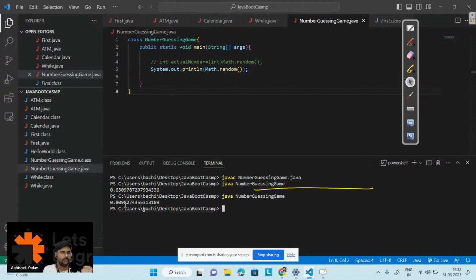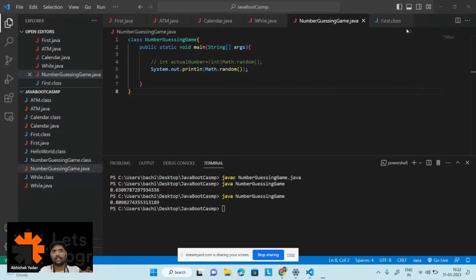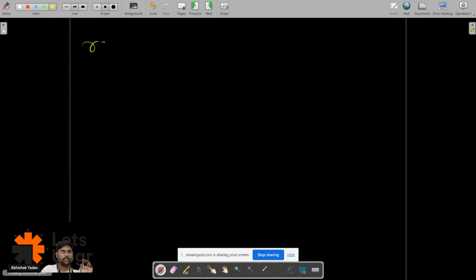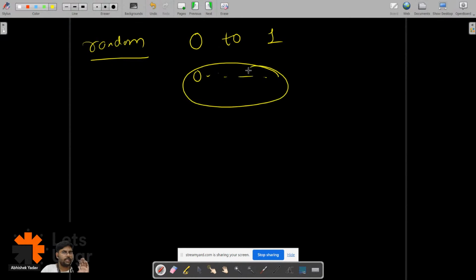So basically we are getting a random number, and that random number is between 0 to 1. That is 0 point something here, right everyone? And when I'm doing this type of explicit conversion, that is